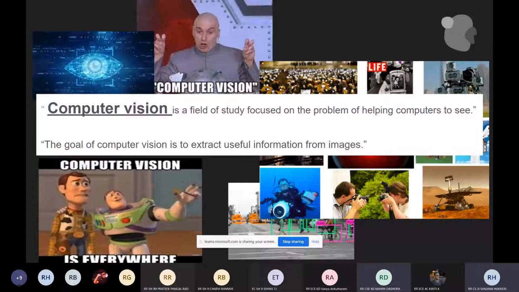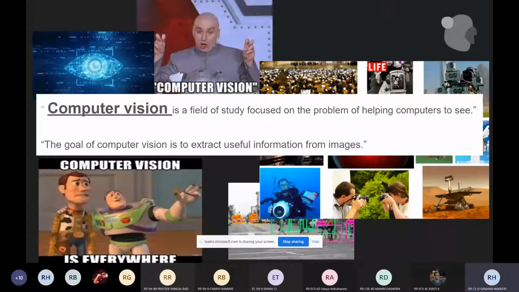So, coming on to the introduction, computer vision. Today, computer vision is one of the hottest fields in artificial intelligence and machine learning. Given its wide variety of applications and tremendous potential, there are new technologies and advancements made every day.